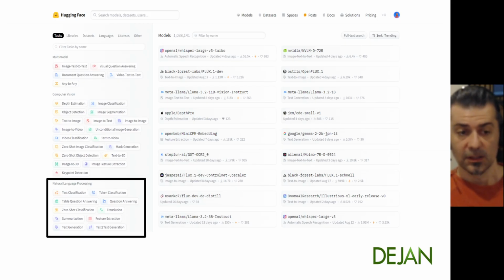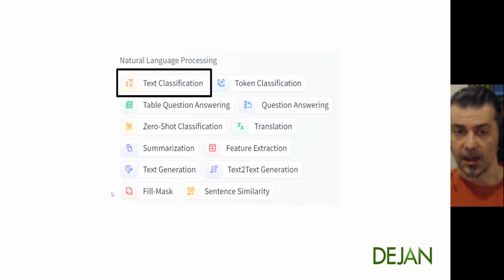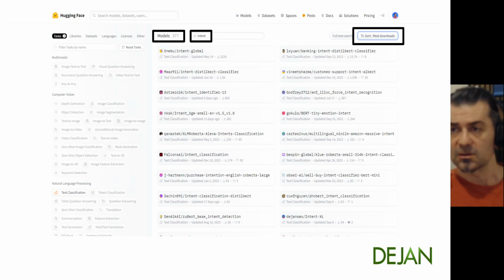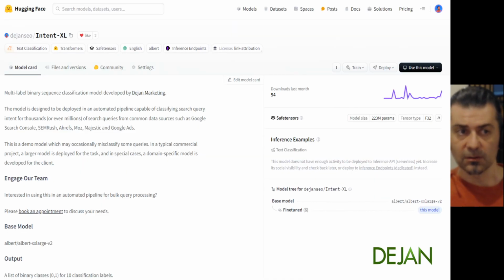So you have various tasks like text classification or token classification. We can go into those bits and pieces a little bit later. One of my favorite tasks personally is text classification, because the model takes a whole text sequence and classifies it as one thing or the other, or multiple things. So here I'm searching and filtering. There are 70,000 models ready to go. You can sort them by popularity. You can do a keyword search and find what you want.